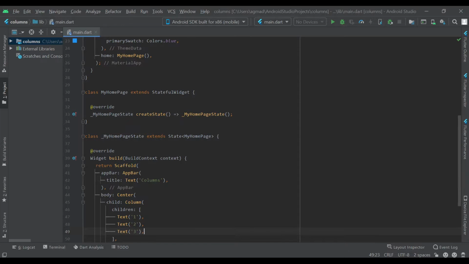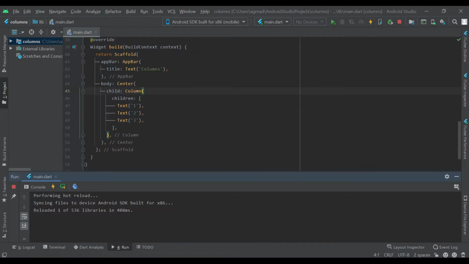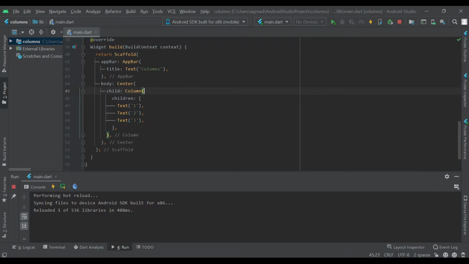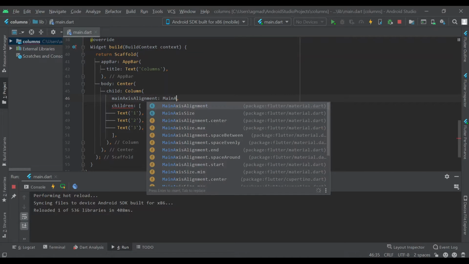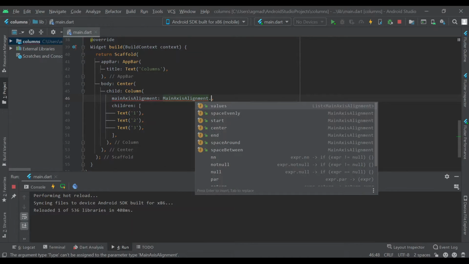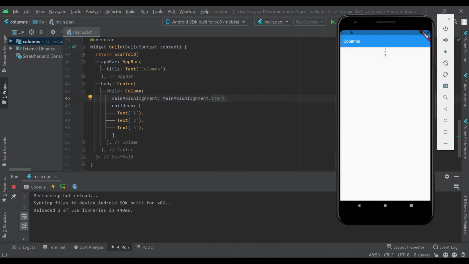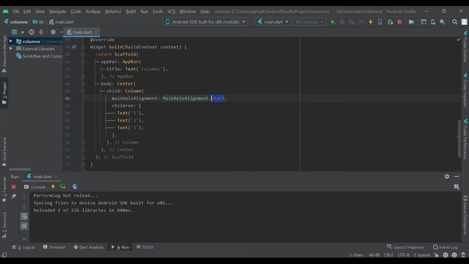So if we run that on our emulator, you'll see you get this output. All the numbers are at the top of the column. So column also has other parameters such as main axis alignment, and this is an enum, and this will take different enums. So one of them is start, and if we press hot reload, you'll see it's still where it is, so it's at the start of the main axis, and so the main axis is the vertical axis and it's at the start. We can change it to end,